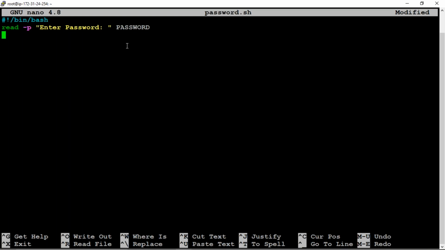Next we need to add that to the user, so useradd with that variable.